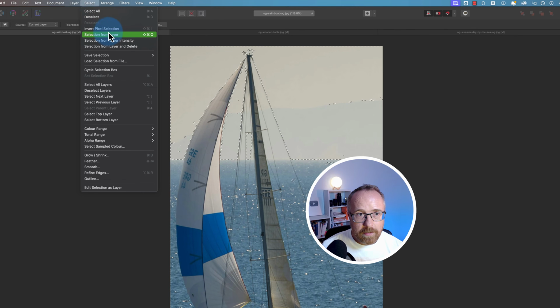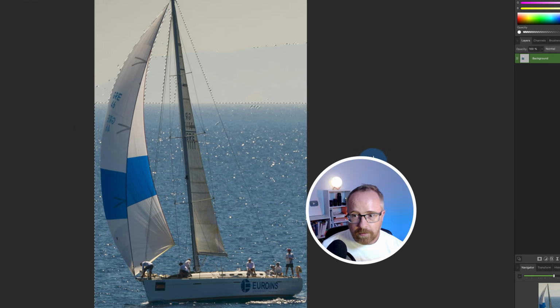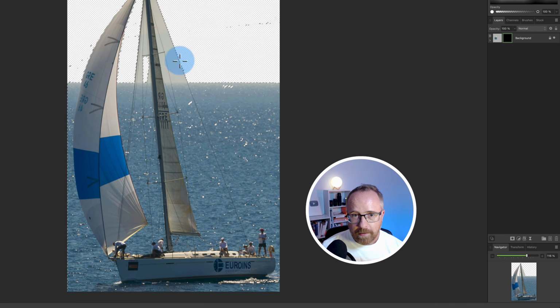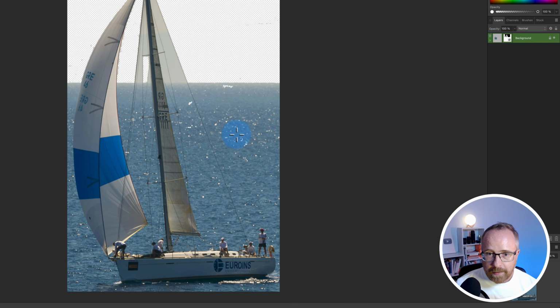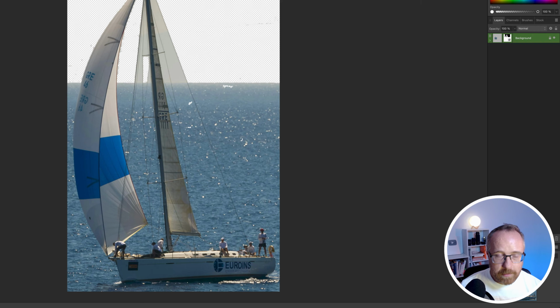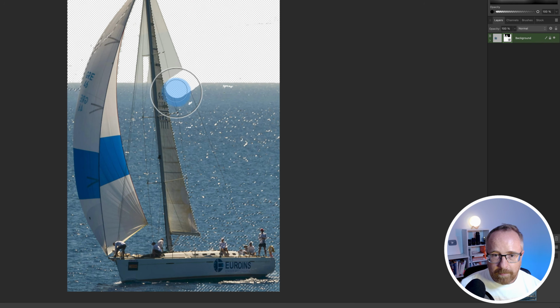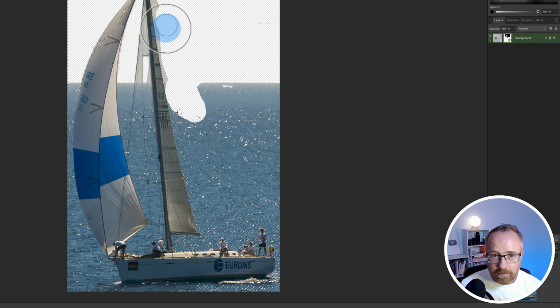So I'm going to go to select, invert pixel selection, then click on mask, and then it takes out just that part that we don't want. And then you can also, let's put this up to 10% for the tolerance, make larger selections in areas. And then you can get the brush tool on black. I can mask all the areas inside the selection, but I can't mask in here because that's not part of